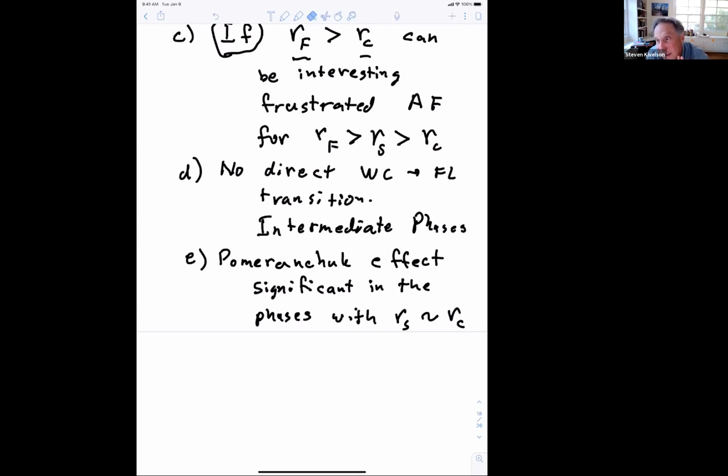But at any rate, I certainly agree with you that if you manage to stabilize the crystal in one way or another at smaller rs, then certainly the considerations become much more interesting and all of these frustrating interactions become very significant. Yeah, I asked this question because basically in all this fractional filling that we have, these electron crystal states with the Moiré superlattice, they are all antiferromagnet, right? They are all antiferromagnetic from the Curie-Weiss law.